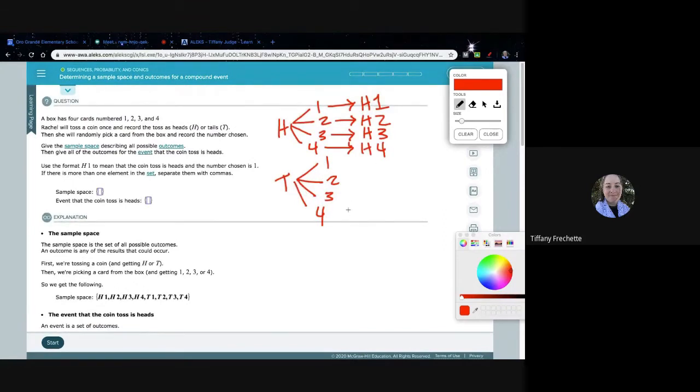And then I want to list all the events where the coin tosses heads. So I would only list these 4 that I've already written down, because those are the 4 possible outcomes with heads in them. It's not asking me to worry about